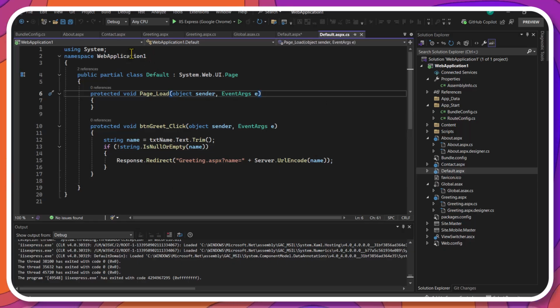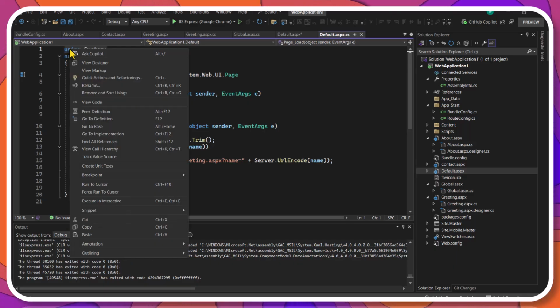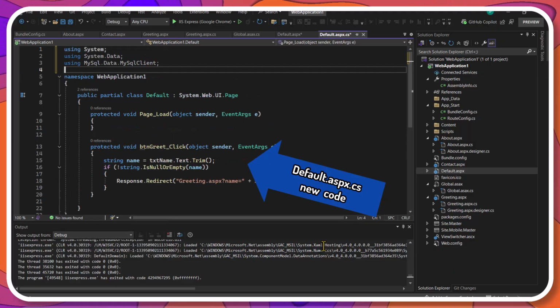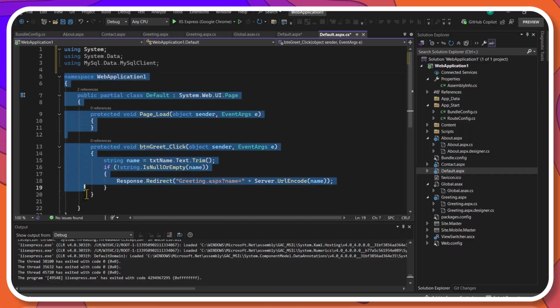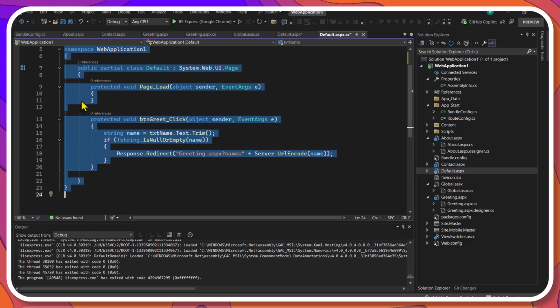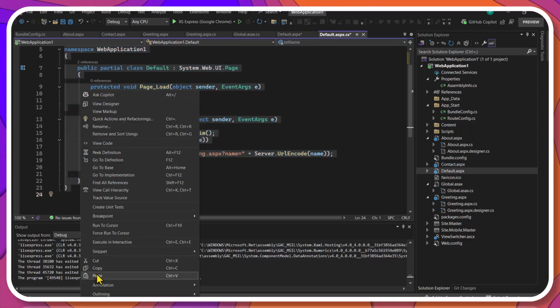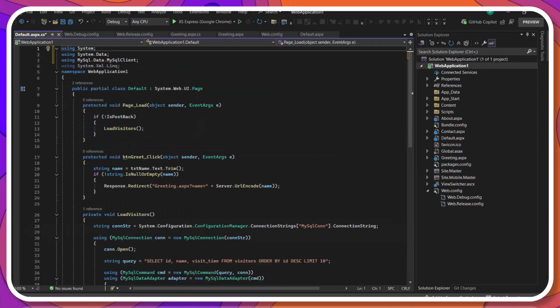After replacing the HTML code, let's open the C# code and also make a replacement. As you can see from the code, the first time the page loads, it reads all the visitors to display them in the grid view.